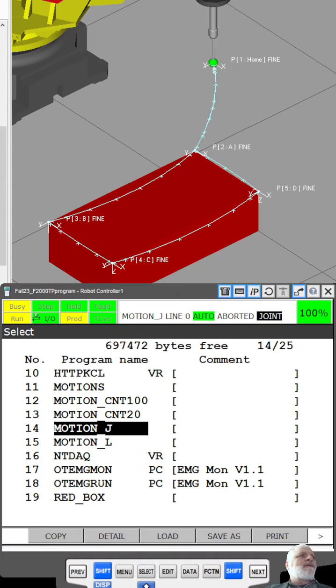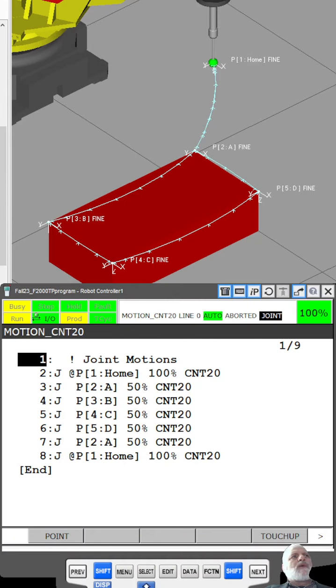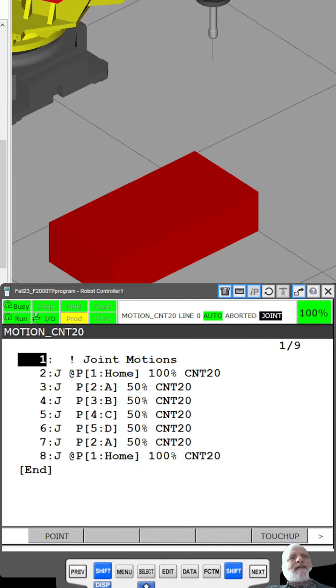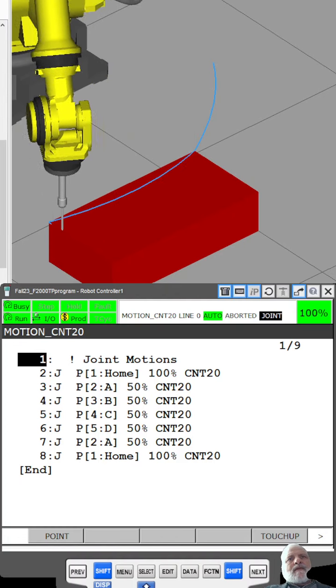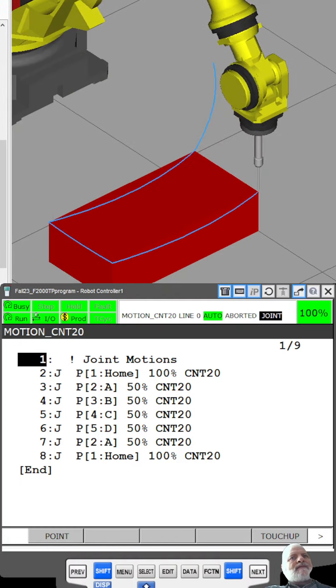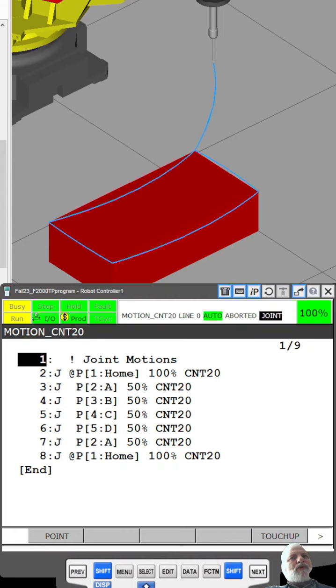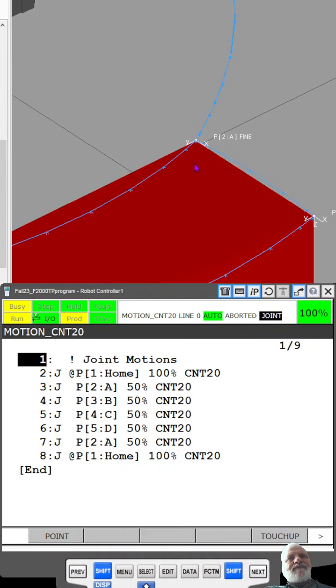Next, I'm going to go to continuous 20, which means that it's going to slow way down to about 20% of the speed. The speed settings on each of these programs is 50%, which means about 1,000 millimeters per second. But now when it gets near those points, it slows down,